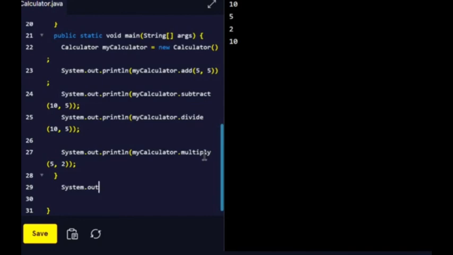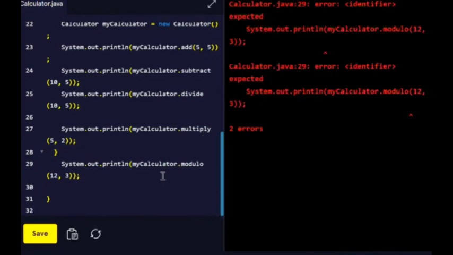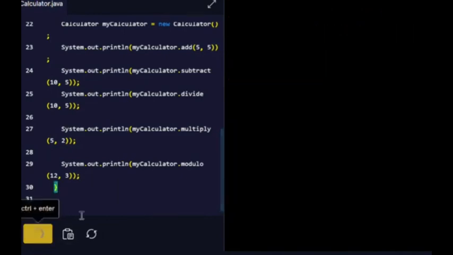And then finally, the modular operator. It's not within the curly braces. Okay, so it gives us the remainder of 0. Because 3 goes into 12 4 times, and